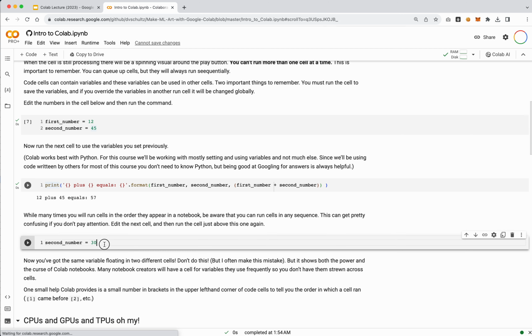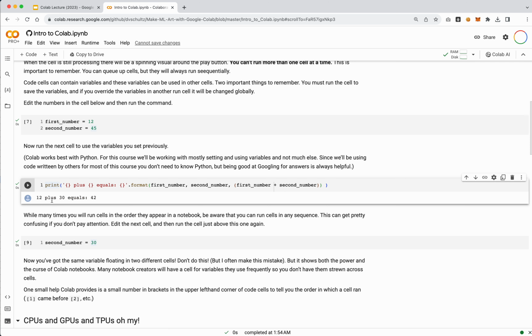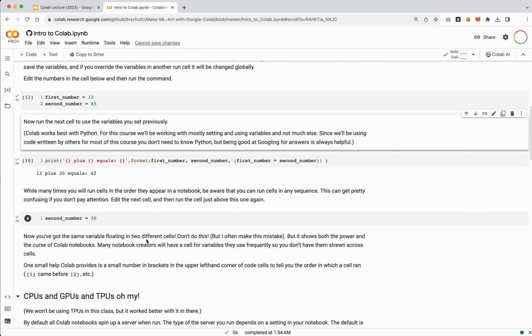Where it gets tricky is you can also set multiple variables. You can set a variable down here. There's also a second number, and now the number has changed to 12 plus 30 equals 42. So if I run this, I've now overridden this. It gets very confusing, so just make sure you keep track of the order. In most notebooks I'm going to give you, it is going to be run from the top to the bottom. If even that, most of the stuff we're going to run is just going to be like, here's a GUI cell, just run it. It's going to operate on you, and I'll explain why, that sort of thing.